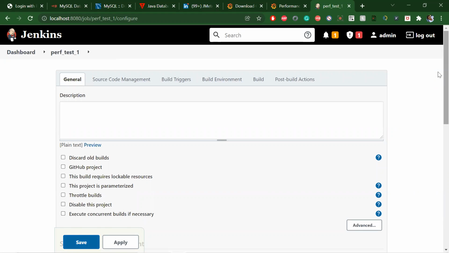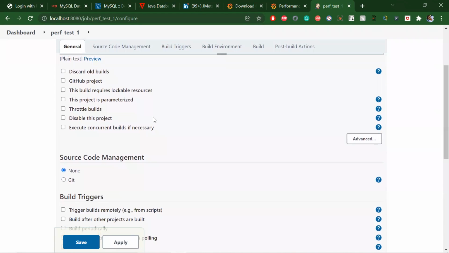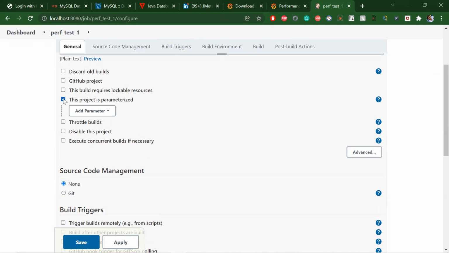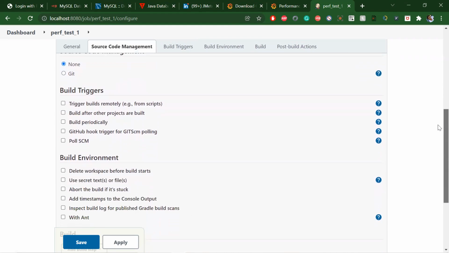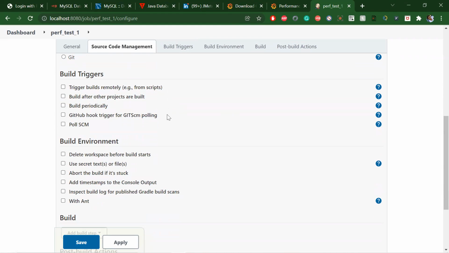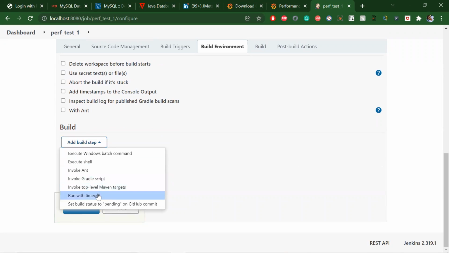So now we need to set up our things. Generally, we are not downloading from any Git, so we simply give none. Okay, and if you want to pass data to the job, then we need to check this option, I mean, if you want to pass dynamic values to your script. Otherwise we can ignore this. Okay, next, this is the scheduling part, how we want to schedule. And here is the build. Now here in build, you need to check what things you require.